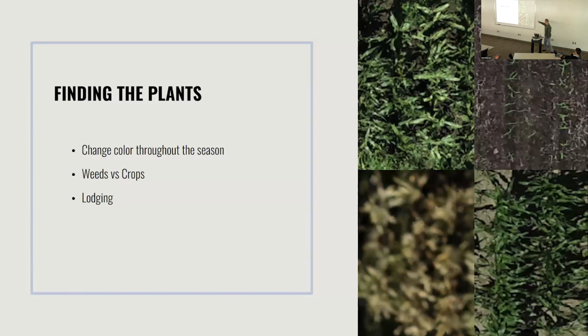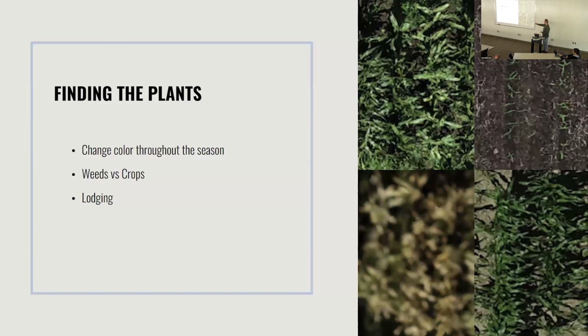A little bit later in the season, the one that I had shown y'all, the plants are going to be bigger. They're more of a darker green. They're starting to crowd in on each other. Later in the season, you'll end up with all kinds of weed pressure in the field. So now, okay, we can't just find the green things, right? But clearly you can see that there's a row crop and then there's weeds.